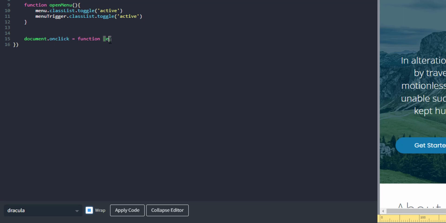And that function will say, if the event target is not the menu, and if the event target is not the menu trigger, so we're going to check if the menu trigger already has a class of active.